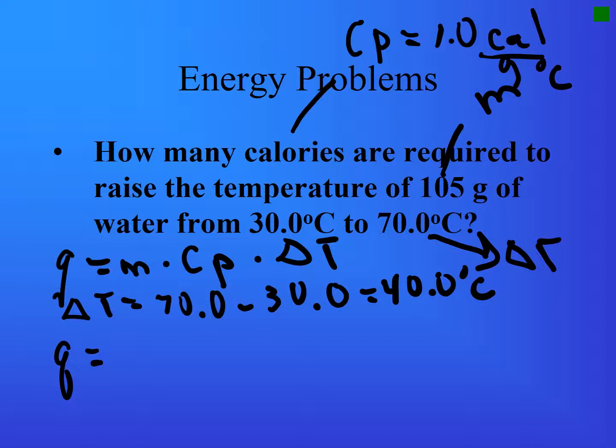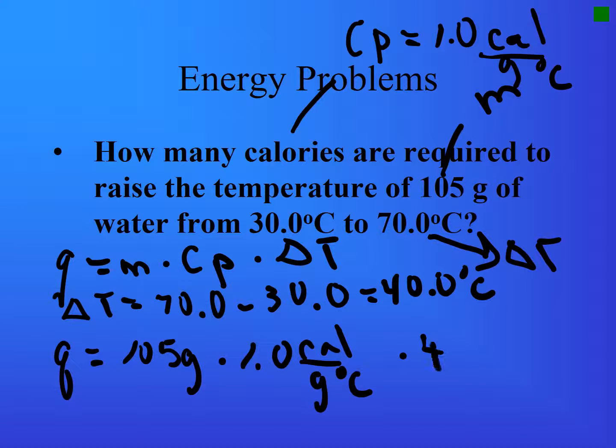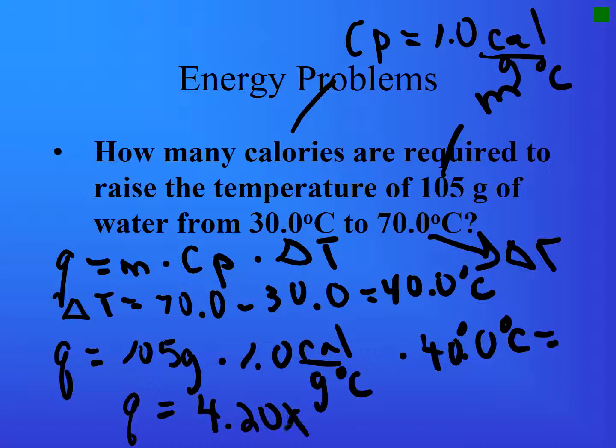Q is equal to 105 grams times 1 times 40. All right, so we put that in our calculators and we get 4,200. If I was going to do significant figures, it would be 4.20 times 10 to the third calories. I wanted to get it to 3 significant